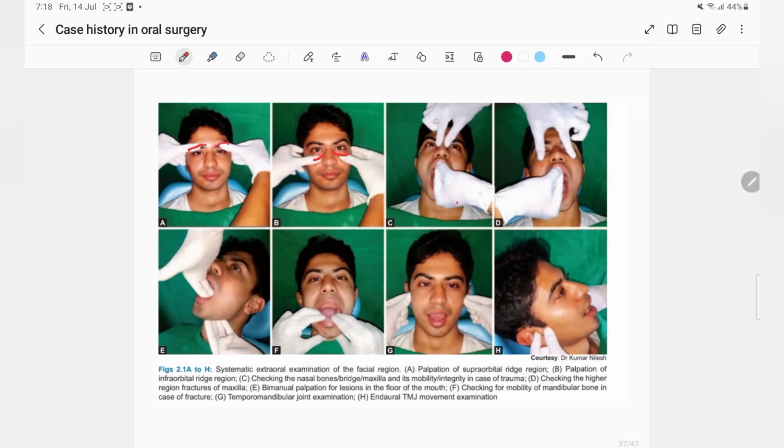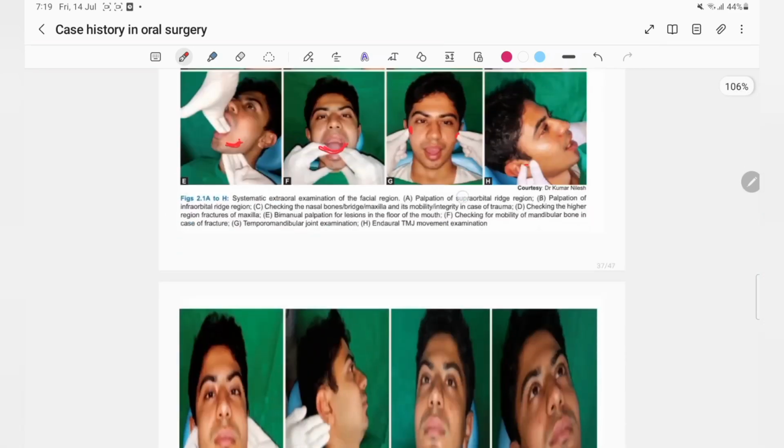We will cover all those palpations in the trauma chapter, and this nose and maxilla mobility we have to check mostly in Le Fort fractures. Okay, then checking the higher region fracture of the maxilla, then bimanual palpation for lesions present in the floor of the mouth, then checking the mobility of the mandibular bone in case of fracture, then TMJ examination, and the last one is endaural TMJ movement examination. Okay, so